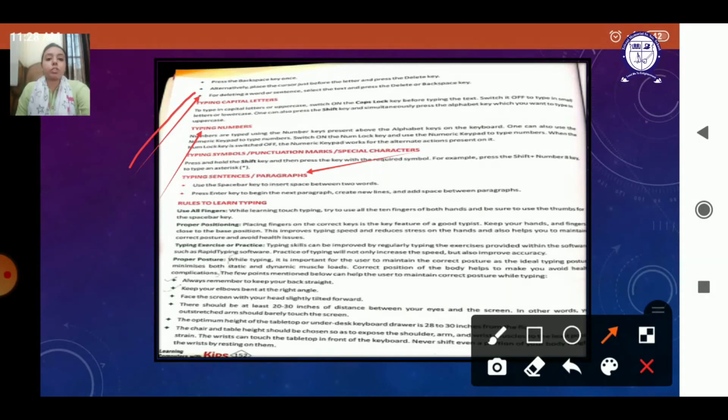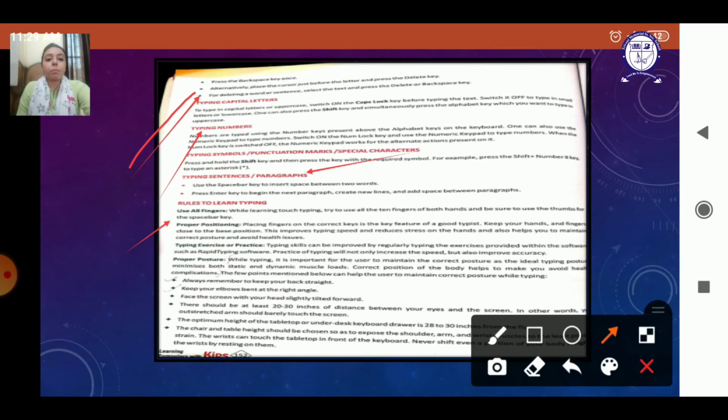Now when we are typing, there are some rules to be followed. First of all, the first rule is we should make use of all the fingers. It should not be such that we are typing only with one hand. We should type with both hands. And as we have learned the position on the last page, the fingers should be placed on the home row keys while we are not typing. So all the 10 fingers should be in use when you are typing.